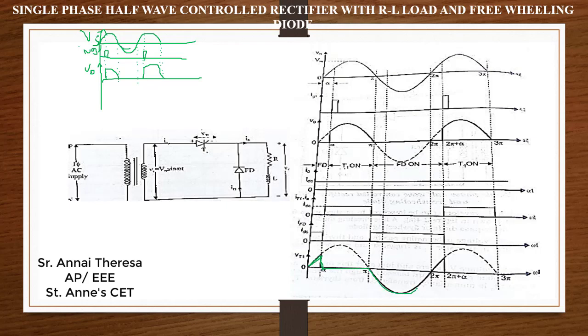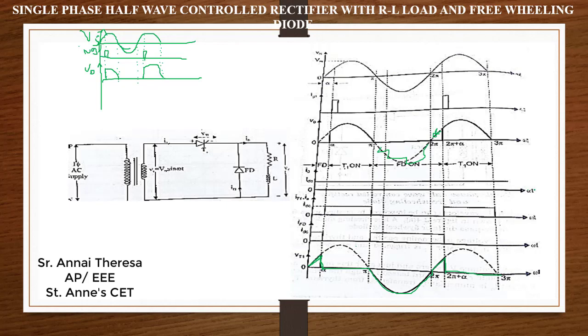Then the negative voltage drop. Here also there is no conduction of the thyristor, so there will be a voltage drop across it. Then there is conduction of the thyristor, so there is no voltage drop. Like this you can draw. It is enough. No need to put these dotted lines. Here also no need for the dotted lines. You can simply and easily draw like this.